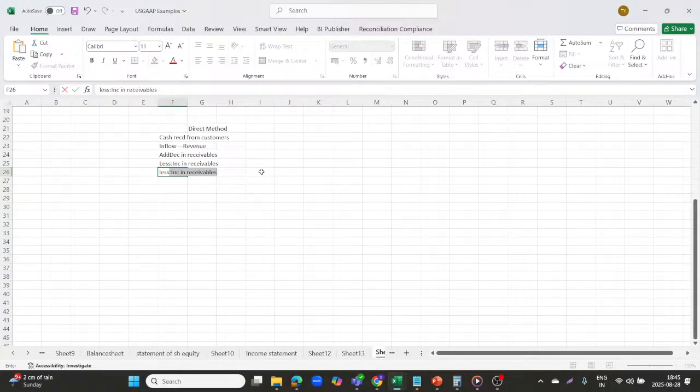Similarly you will less decrease in unearned revenue and you will add increase in unearned revenue. Okay, so if you're doing increase in unearned revenue, that means an inflow. So like I may have debited